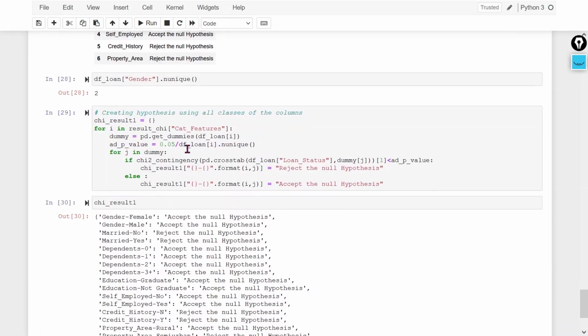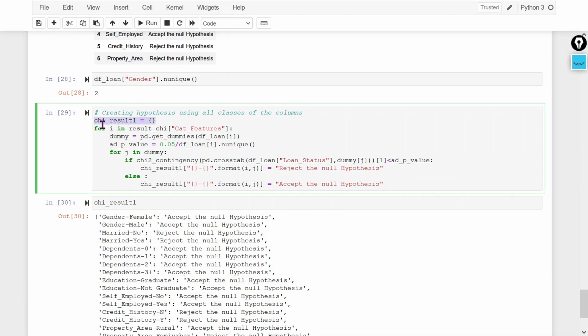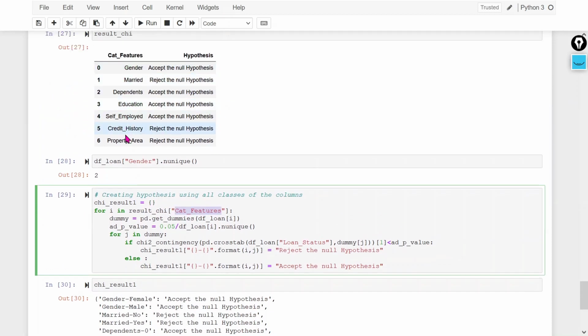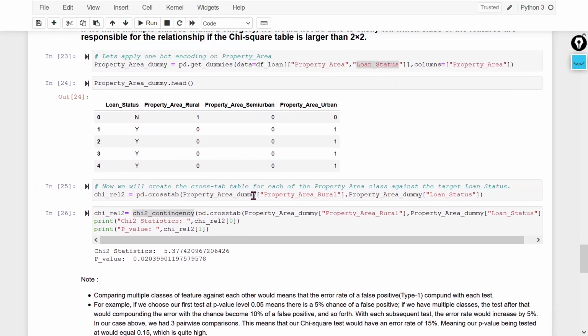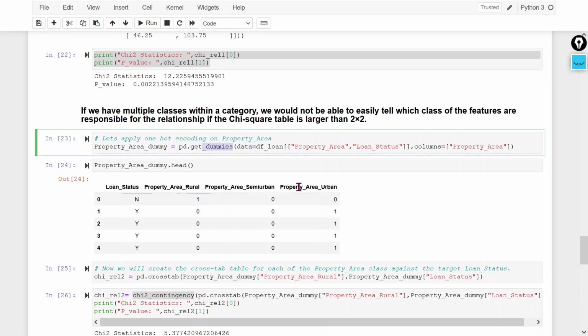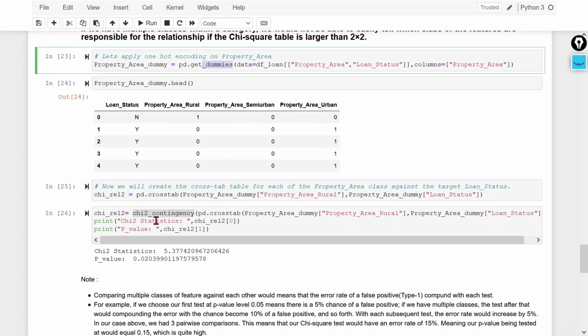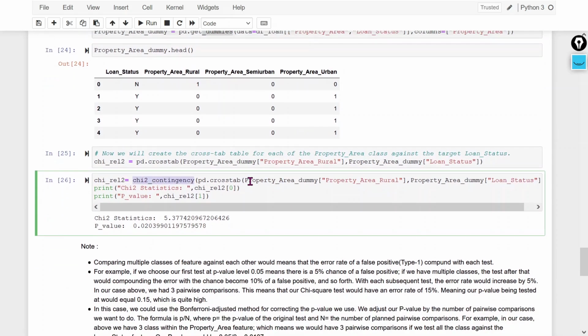Here I am going to create a dictionary in which I will store all these outputs. First I am going to use the categorical features. I will first create the dummy variables for all the features, then create the contingency table, then apply the chi2 contingency method.